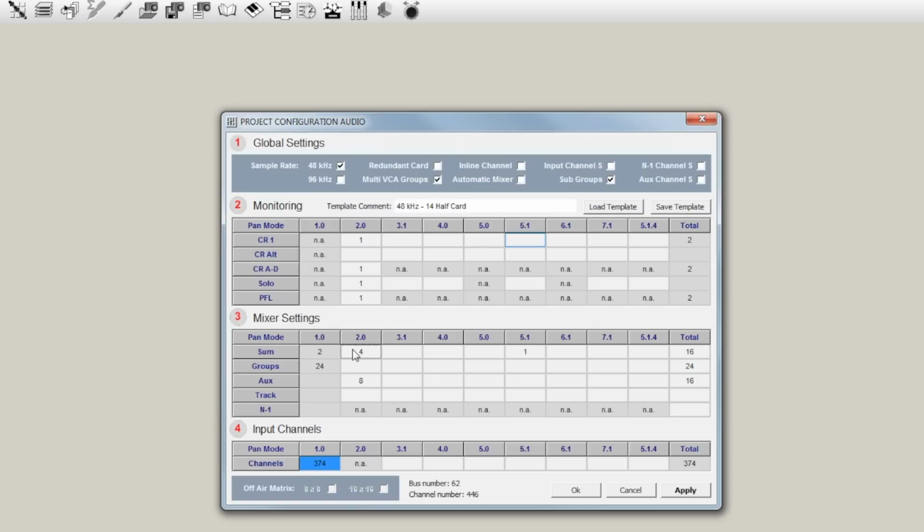Subgroups, we have here the mono subgroups, which is 6 subgroups. This is not enough. First, let's get rid of the 5.1. I don't need that. Even if I work with surround buses, I'm not working in 5.1 buses. That's suitable for control rooms, for recordings, and for recording studios, but not in live events. In live events, as soon as I work with surround buses,